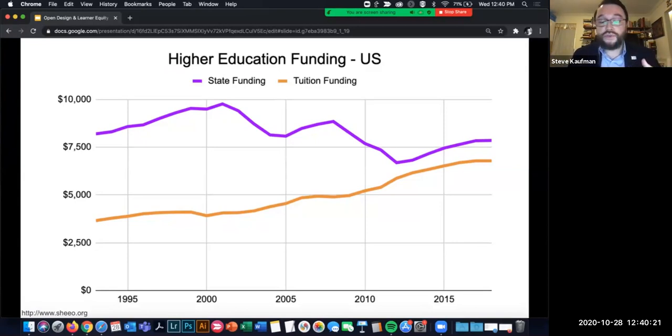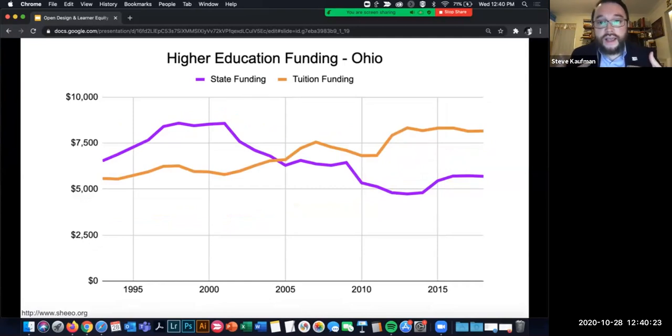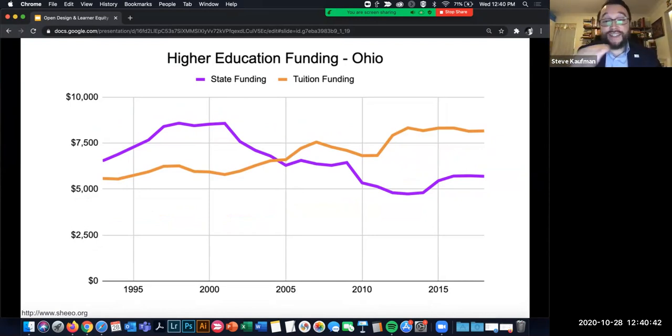In my state, I've got some resources to share where you have data of all 50 states, and I can have you pull the slide and you can see where your state is. But in my state of Ohio, this model flipped right when I was entering grad school, back in like 2005, 2006, where I went to Bowling Green State University. I could see that state funding was decreasing, and now the burden upon me as the learner, paying my way through college, was flipped, and a majority of the burden was on me and my family.